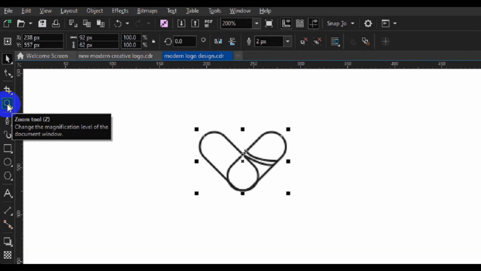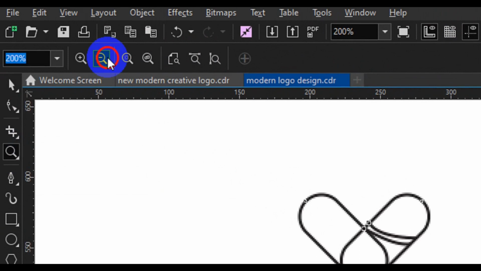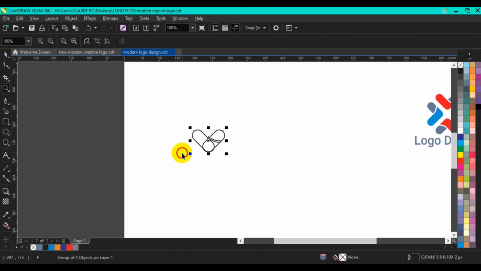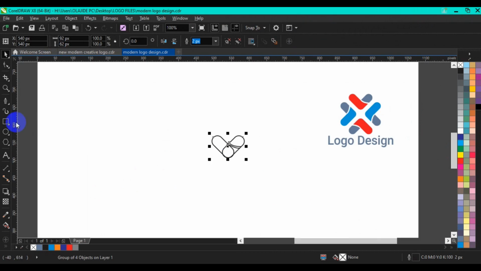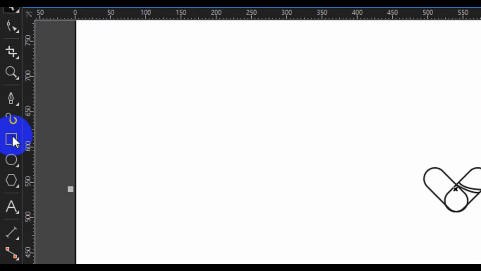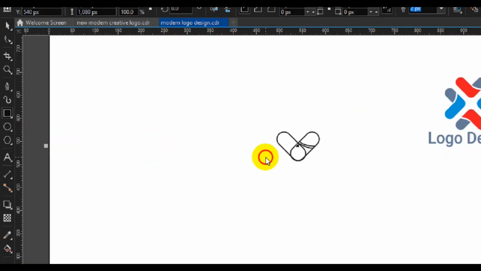And I'll grab my zoom tool and zoom in. Next, I'll press P to centralize. At this point here, what I need again is to make sure to locate the center point of this shape. What I'm going to do next is to double click on the rectangle here to create a page border. Then I'll grab my ruler, vertical ruler,